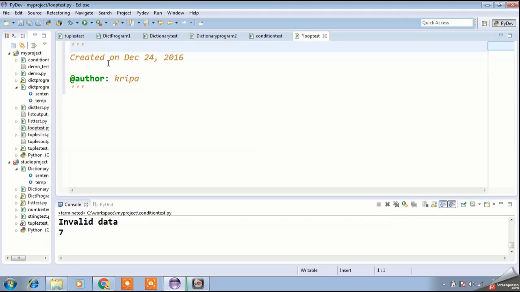Okay, so there are two loops we are using here. One is while, another one is for loop. So what is a loop and why are we using a loop? If we want to perform the same task repeatedly, then we can use a loop. Or suppose, for example,